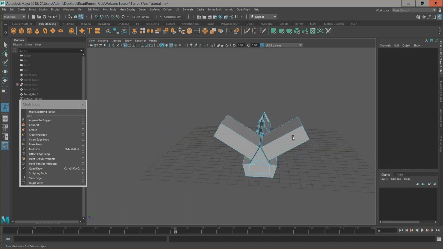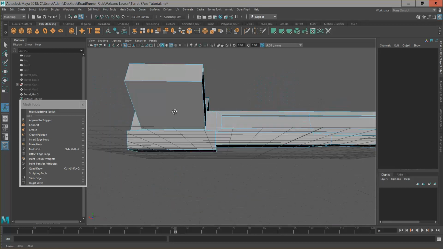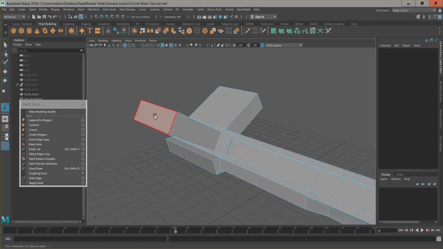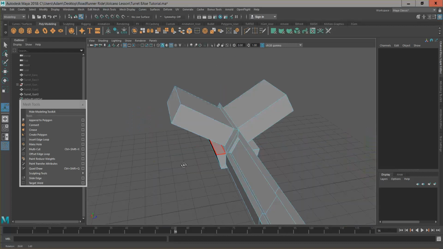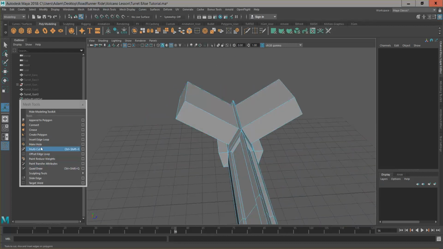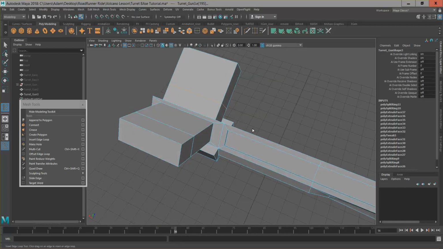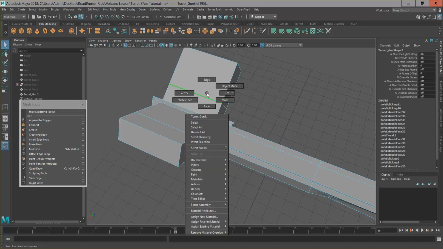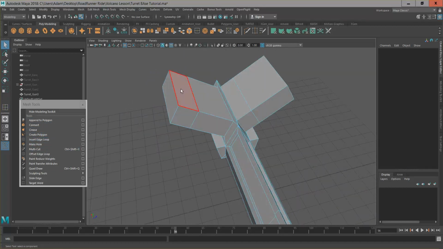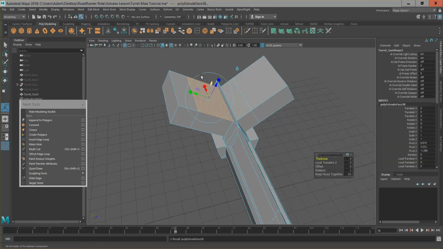Okay. So the next step that I'm going to do is bring in some more detailing on this. With the insert edge loop tool over here, I'm going to bring in some parts like this, and we're just going to break it up a little bit. With the faces selected, go back into face view, I'm going to extrude this in